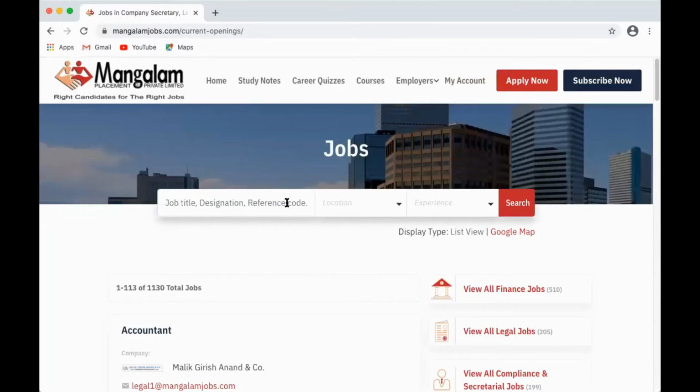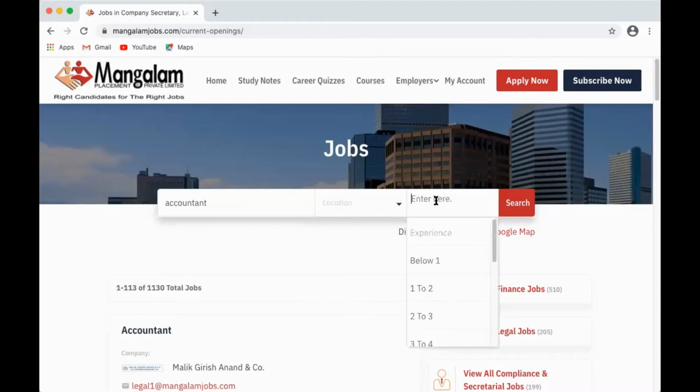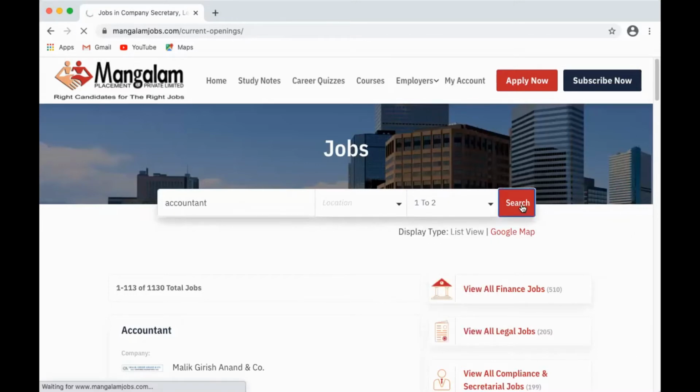If the designation is accountant, for example, location will be Mumbai and experience would be 1 or 2 years. Now click search. Okay, so you will find various jobs available as per your need.